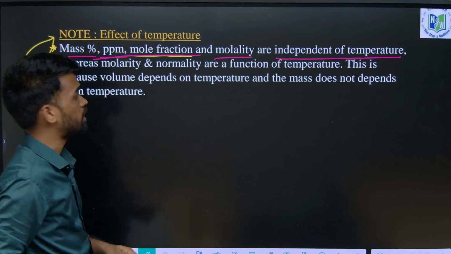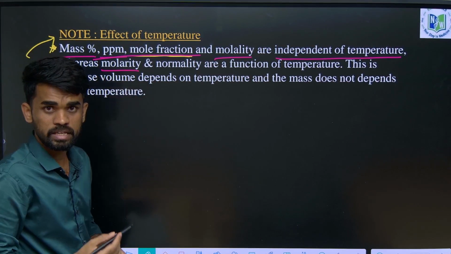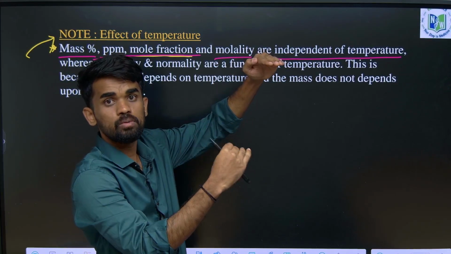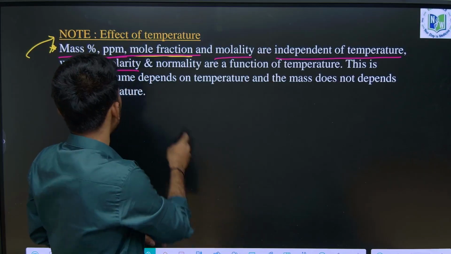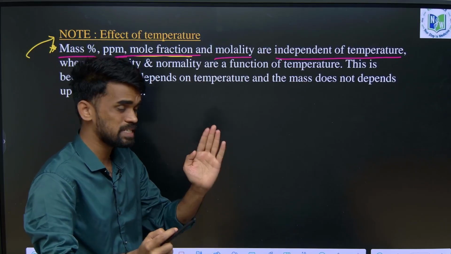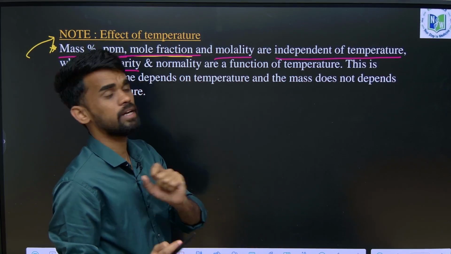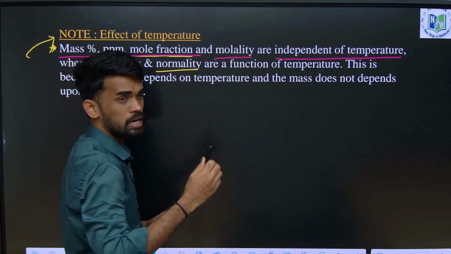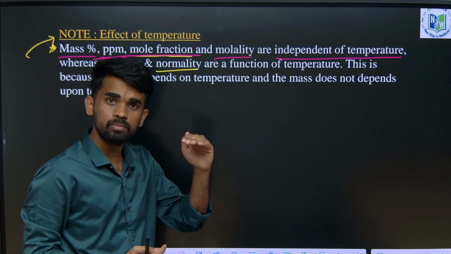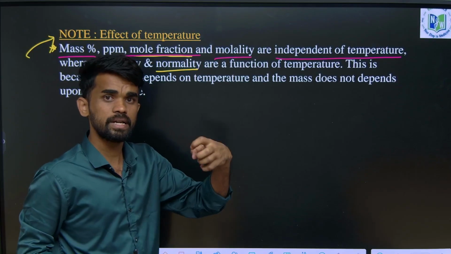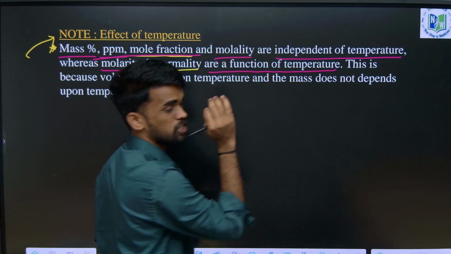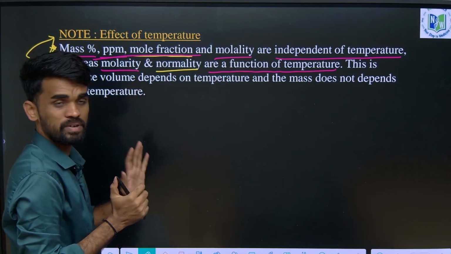Okay. So now when it comes to molarity, what we have seen is that in the denominator we have number of moles of solute by volume of solution. So there we have a volume term, so it means it is affected by what? Temperature. So I can say molarity is temperature dependent. Similarly we have one more term called normality. So normality also is temperature dependent, and weight by volume percentage is also temperature dependent. We already discussed those things. You can write it is a function of temperature, I have mentioned. So make these 2 points very clear in your notes.